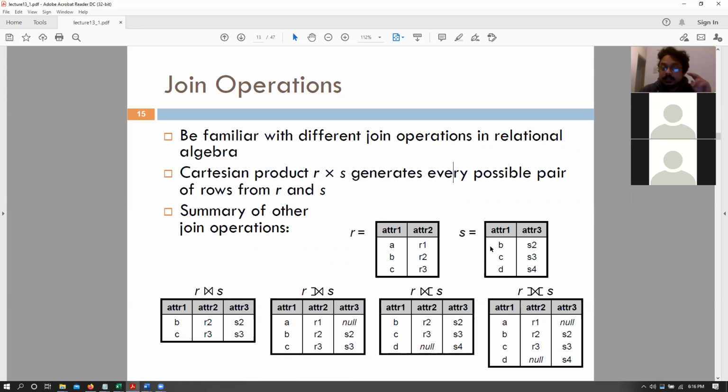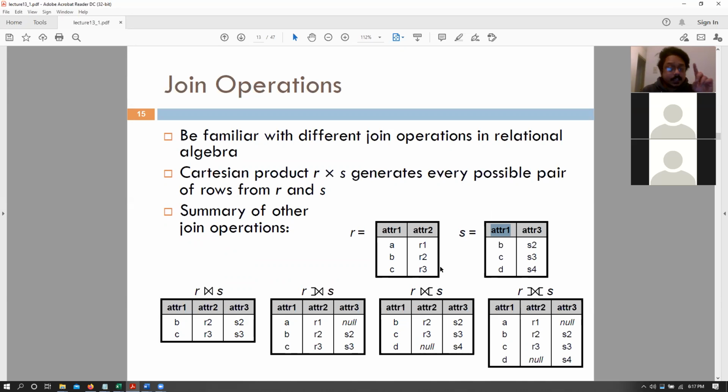Now comes the natural join. So a natural join is defined as this bow tie operation. Remember, a join operation essentially unites or creates attributes for all of the attributes that we have across all tables. So if we perform a natural join, we would first find all the common attributes. In this scenario, attribute 1 is common across both of those tables, so attribute 1 is going to be used for the natural join operation.